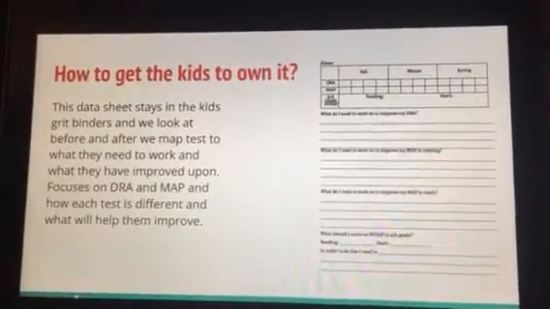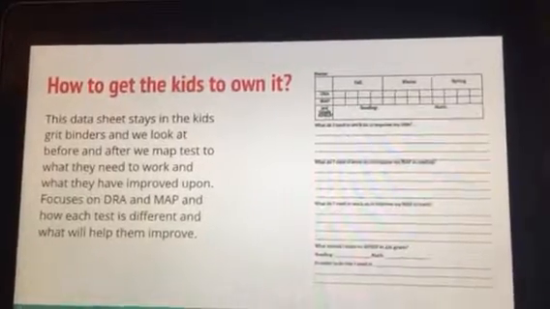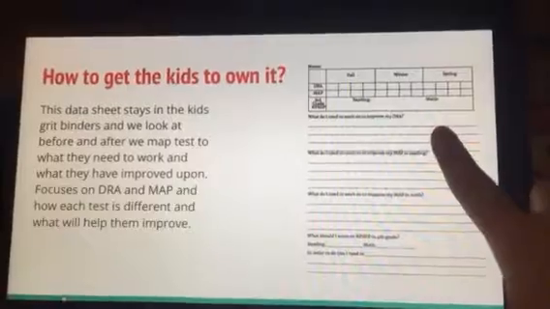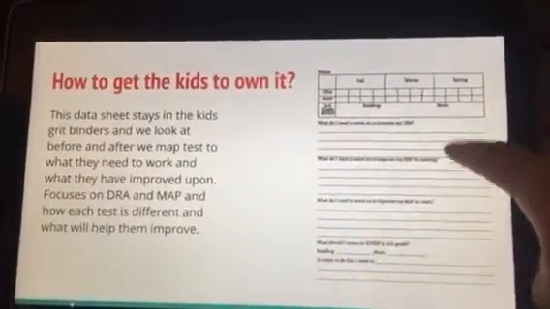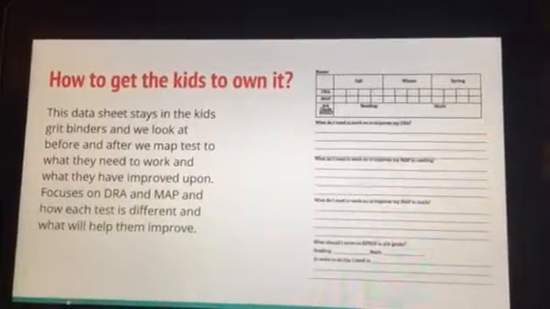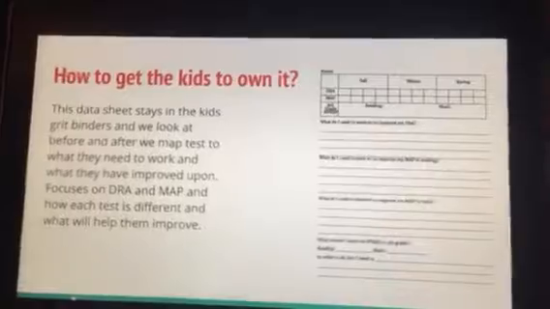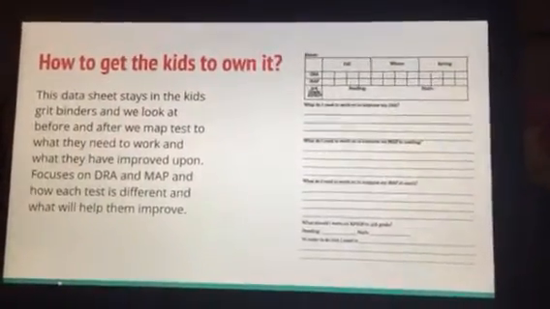in the fall, winter, and spring, either before or after the winter, and before and after the spring, we talk about what's something that they need to improve on, what they've been working on, and what's going to help them get up to that next percentile. They keep these in their grit binders, and we've also used these at conferences,